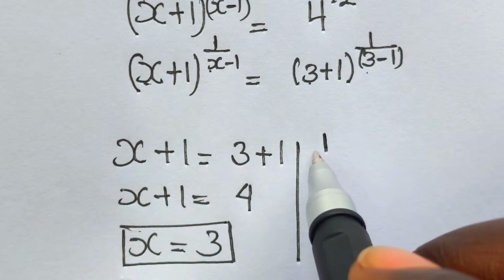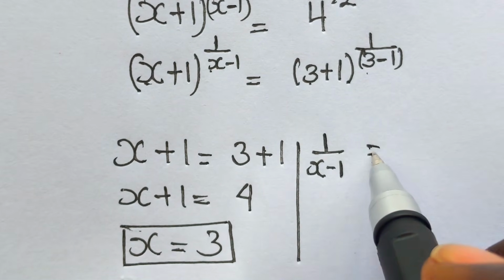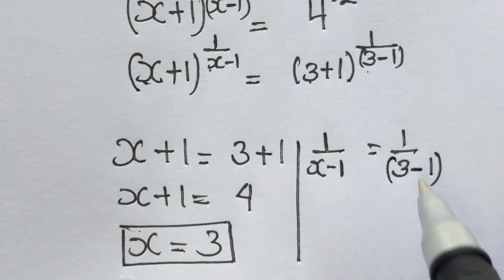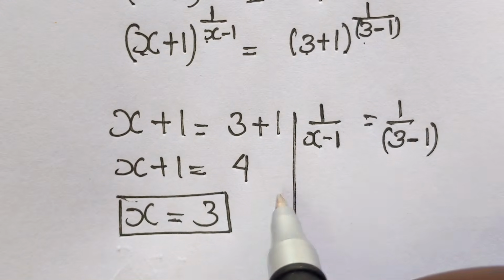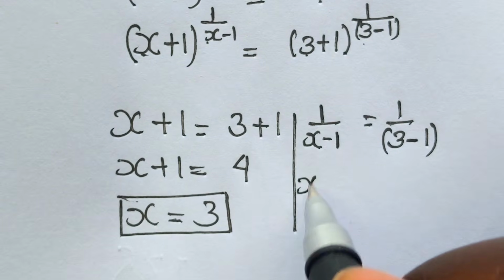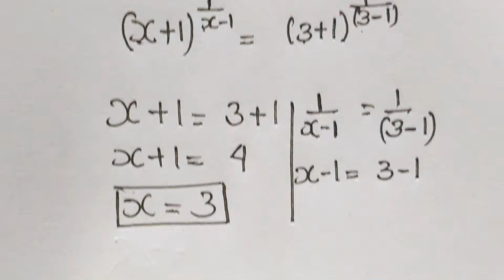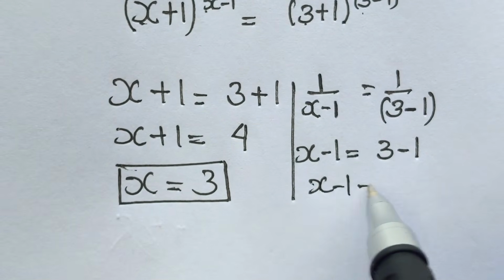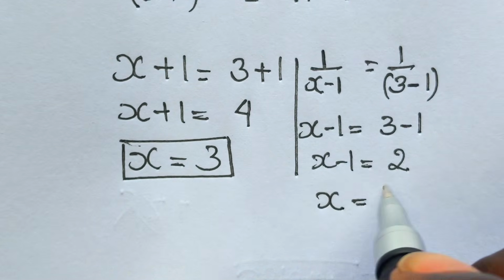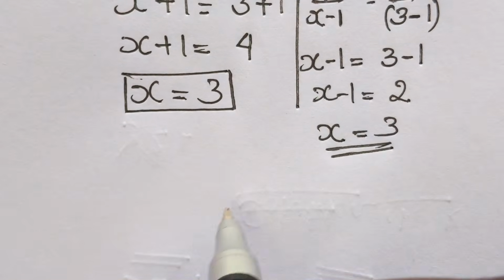Once we equalize power, we shall get 1 over x minus 1, which equals 1 over 3 minus 1, right? Then by cross multiplication, we have this one, x minus 1, which equals 3 minus 1. x minus 1 will be 2, and then x will be 3. So you're going to check if the answer